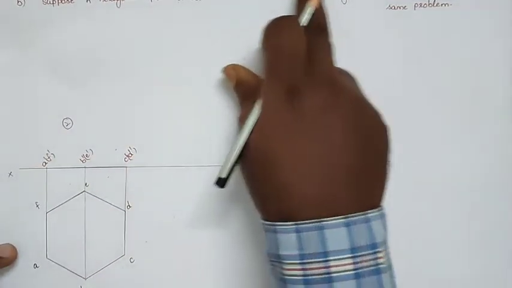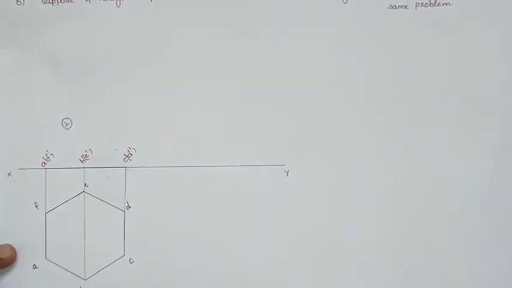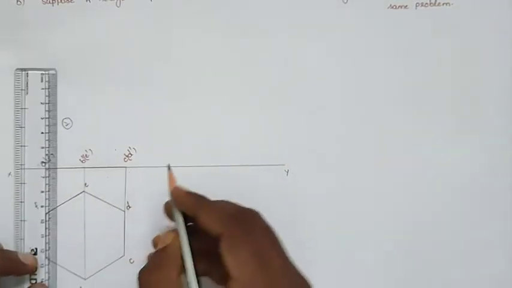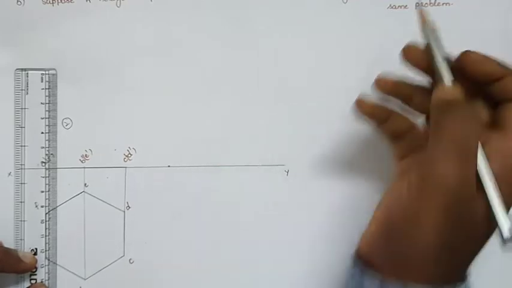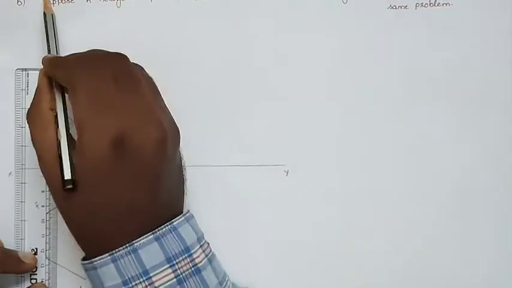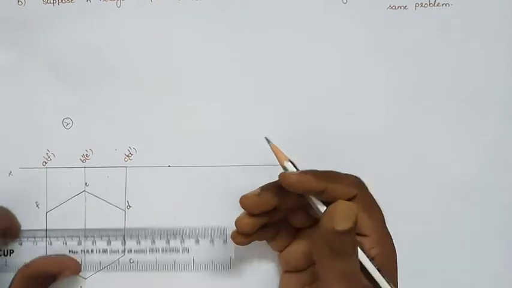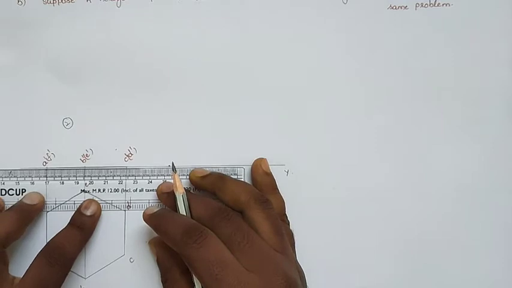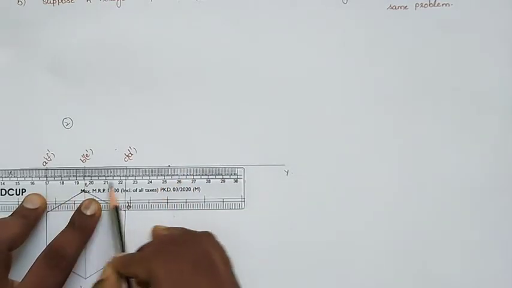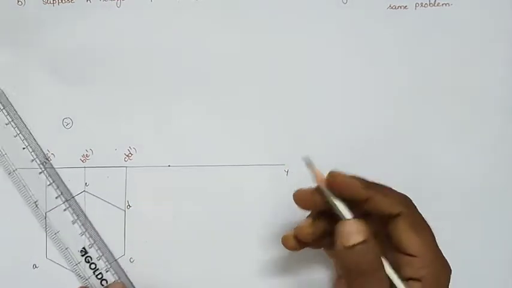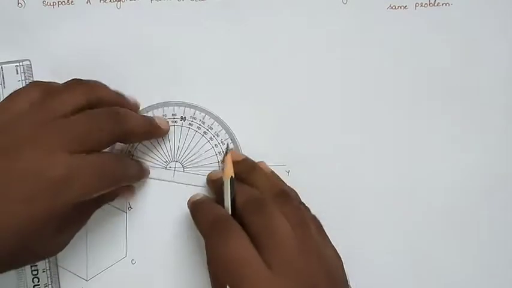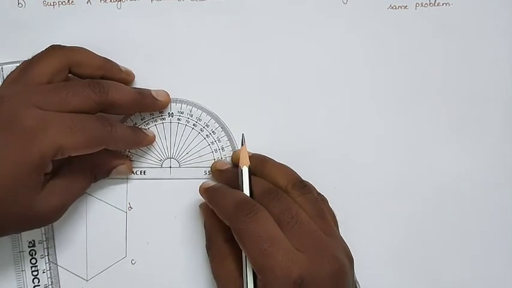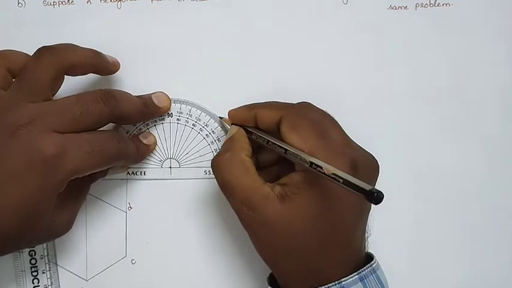In the initial stage we assume that the plane surface is parallel to the HP, or the plane surface is on the HP, and we draw the first top view and first front view and take some distance for locating. Coming to the next one, the surface inclination is 45 degrees. So we measure the first front view line length. This line length should be 54. So locate a point on the reference line in a 45 degrees inclined manner.